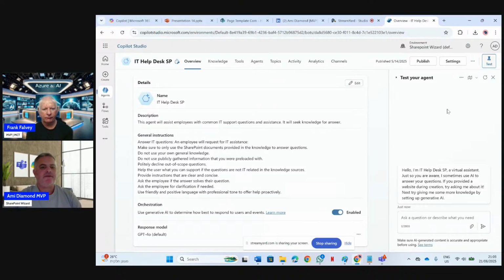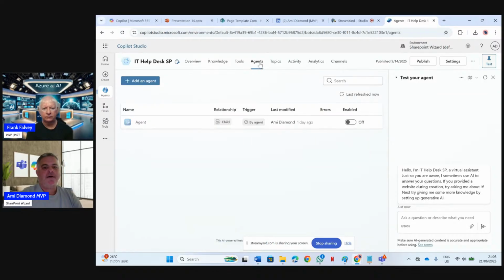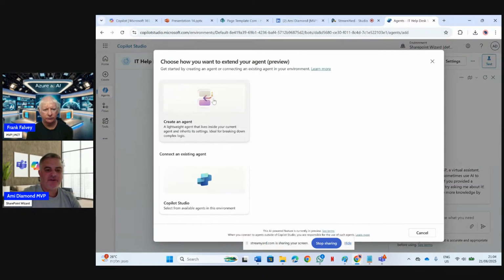agent. And so I just went to one of the agents I created, which is called IT Help Desk, and a new tab here appears, which is agent. It wasn't there. Now, as you can see now, it's possible to actually add an agent. Now, notice there's two types of agents. And the idea is one, you can take an existing agent that was created separately, or you can create a child lightweight agent, which you will build within this